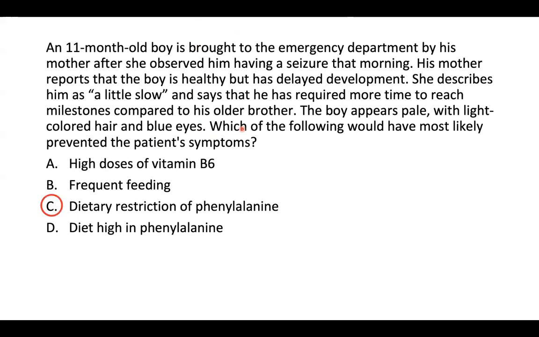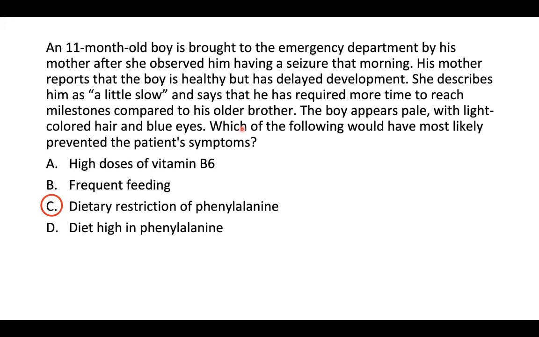C, dietary restriction of phenylalanine. Why? Because it's most likely that this patient has phenylketonuria. You can tell by his blonde hair and blue eyes. He is pale, he has light-colored hair and blue eyes. Why? Because of the deficiency in melanin. Tyrosine is not being produced, and because of that, there's a deficiency in melanin, and so this patient has blue eyes, blonde hair,